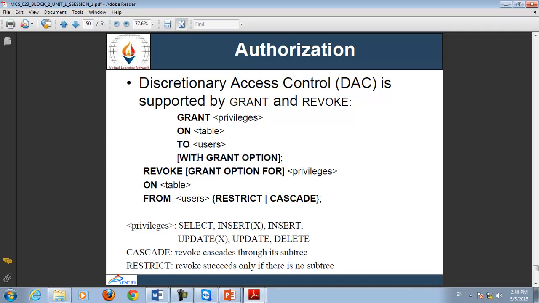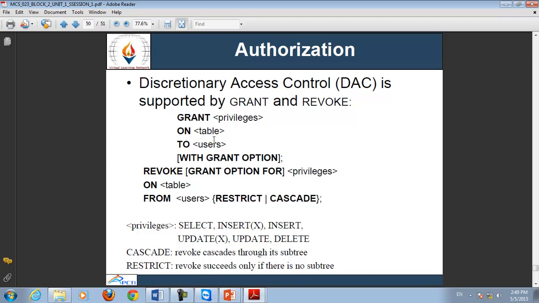You can also specify with grant option here. With grant option means that if you are also giving the right to a user that he can also grant his or her privileges to any other one,